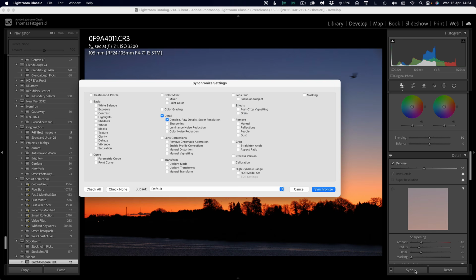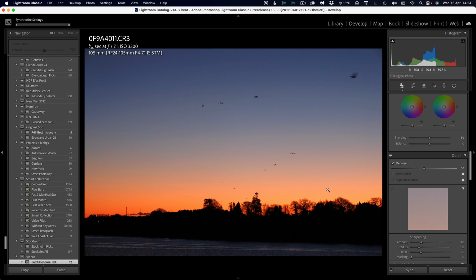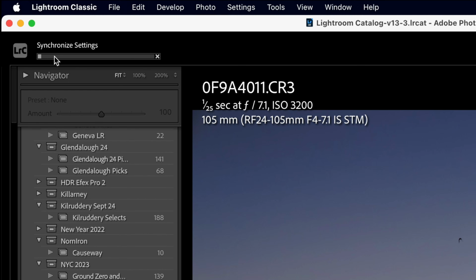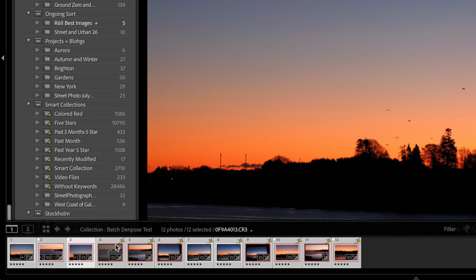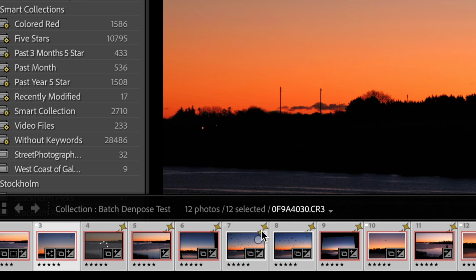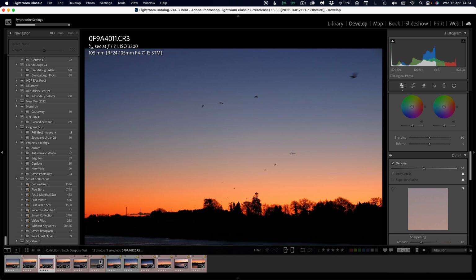and I go sync, and we want to sync denoise, I hit synchronize, you can see it's now doing it in the background, and if we look down in the film strip, you'll see the one that's currently being processed has a little circular progress bar on it, and the ones that have yet to be processed that will require AI updates have this little star beside them. So I can still work away on any image that's already been processed. I just can't do the ones that have been queued, and of course I can go and work on a